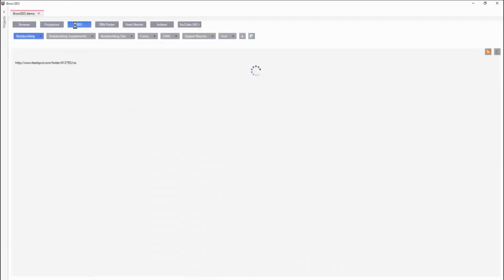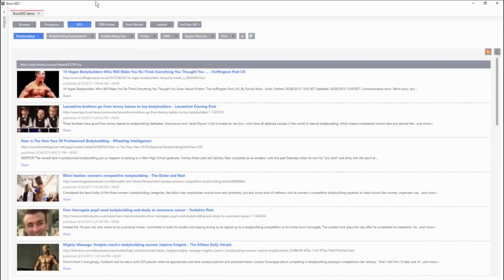Okay, now we have the RSS, which is how you can become a master in any niche in under 5 minutes. All you need is to research the niche, find a whole bunch of the best RSS feeds you can find, and stick them into the RSS reader. And what I like to do is I use FeedSpot a lot because they're just an awesome content aggregator, and they get all of the latest news and blog updates and the latest information to do with pretty much everything. They're just a content aggregator, and you can go and get a premium account for like 20 bucks a year